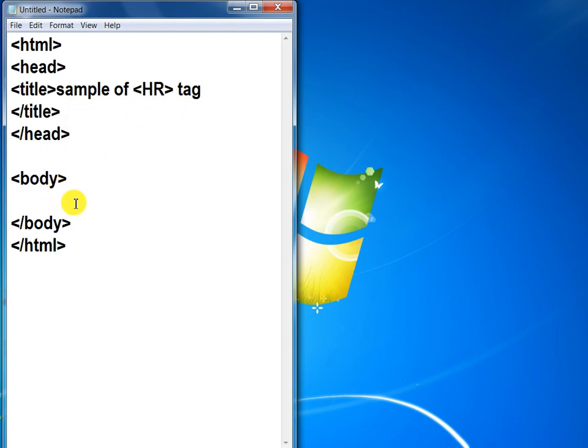Okay, and in the body section we apply a horizontal rule line heading, closing with the H1 tag, which is the heading tag.